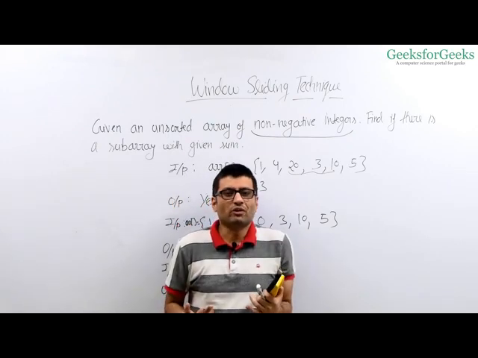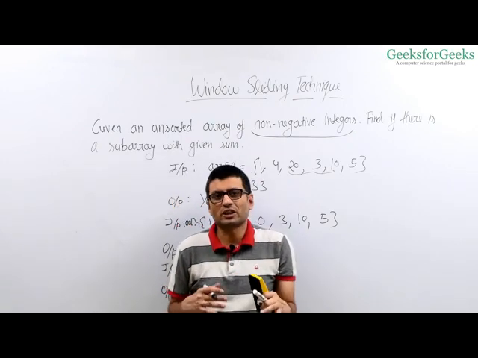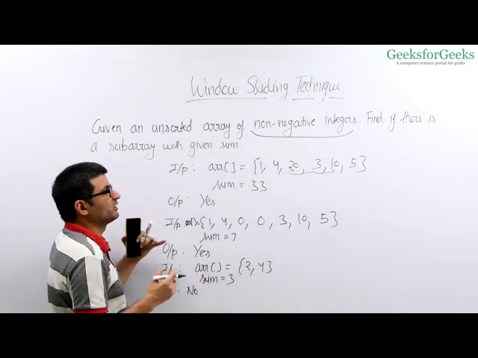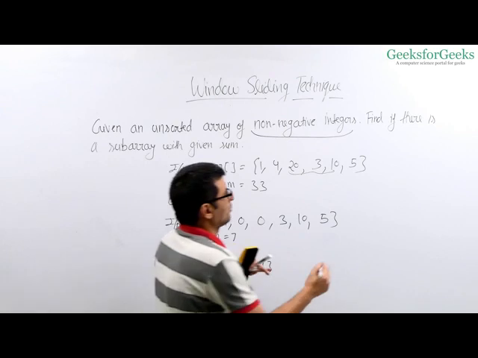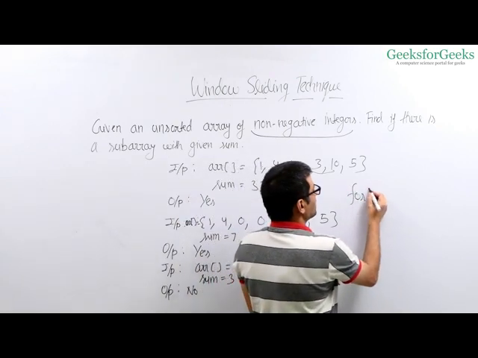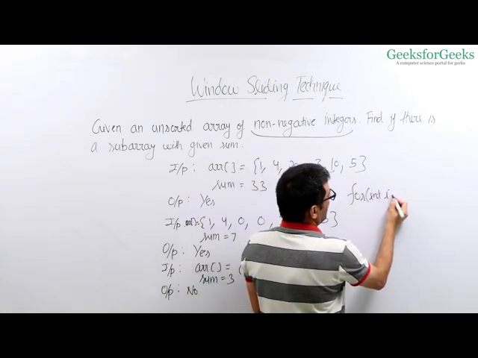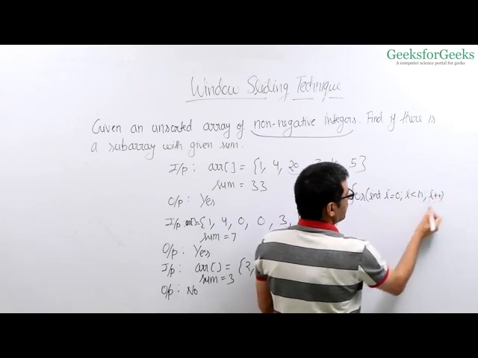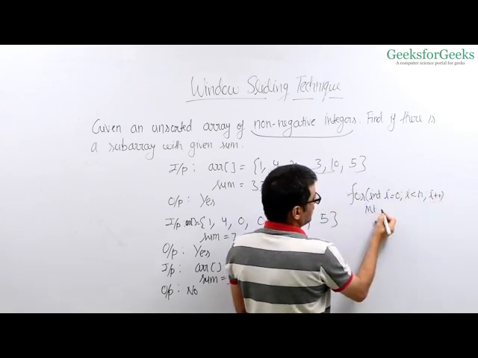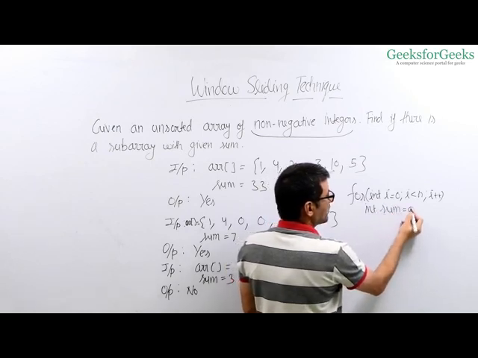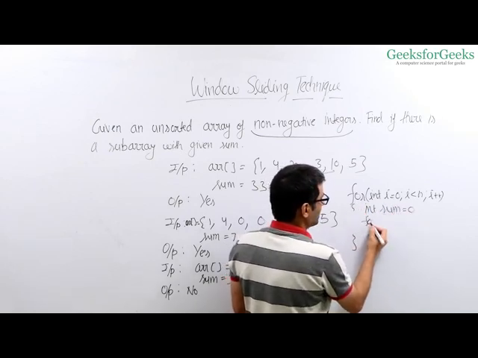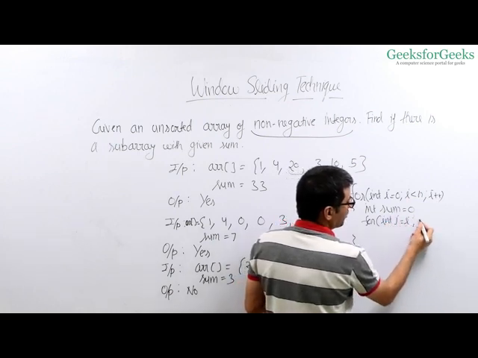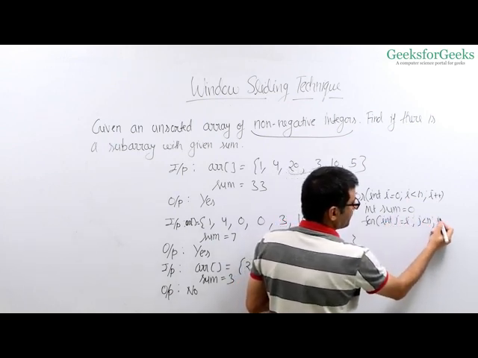Then a naive way, whether it is negative, positive, or whatever it is, in this problem for example also, is that you will simply run two loops, right? You will run a loop for int i equals 0, i smaller than n, i plus plus. Then you will initialize the sum as 0, then you will run a loop for the subarray after i, for int j equals i, j smaller than n, j plus plus.